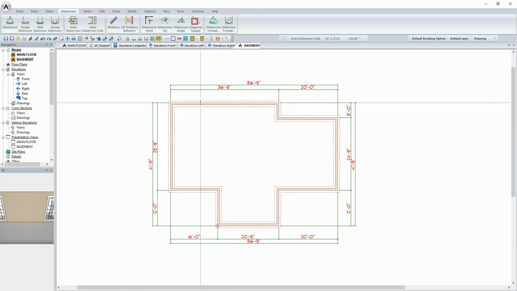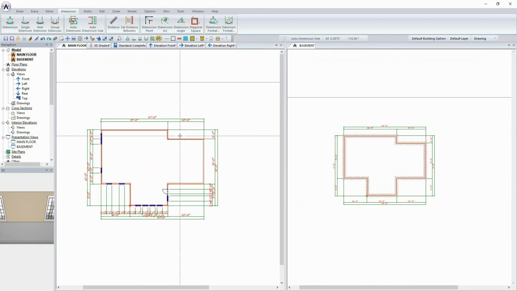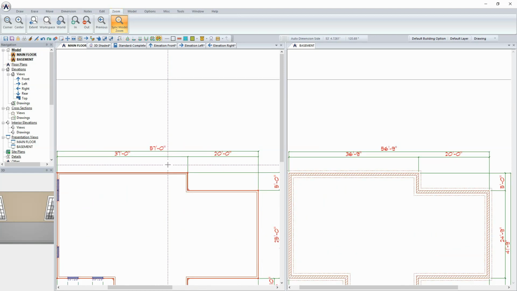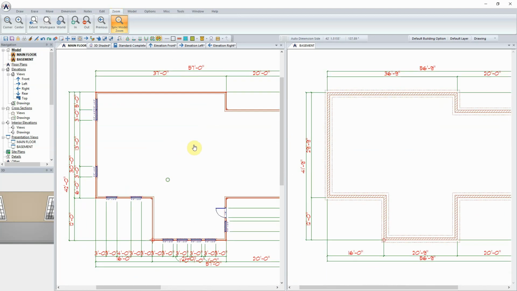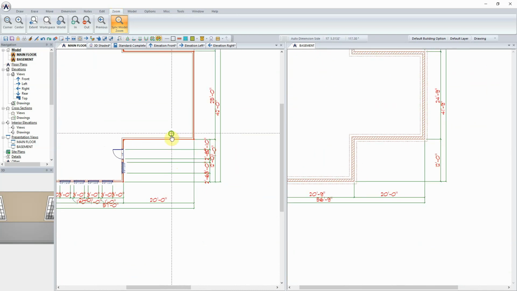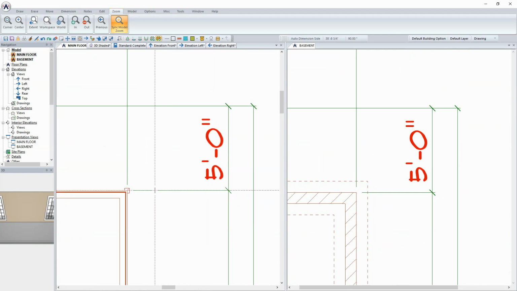Now, interesting, if you were to come in here at this stage, and let's just split this out into a vertical tab group. So we're going to have the basement over here and the main floor plan over here. And I have them stacked in the model here. So now what I could do is select Zoom and Sync Model Zoom. And with that synced, I can actually go through and check the dimensions to make sure that those are accurate, keeping in mind that these dimensions are actually going to be pulling